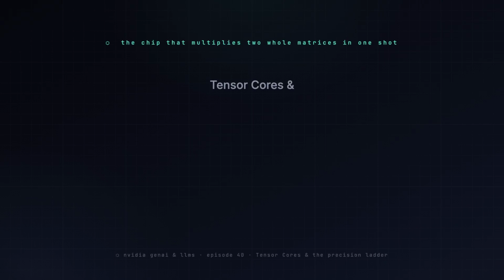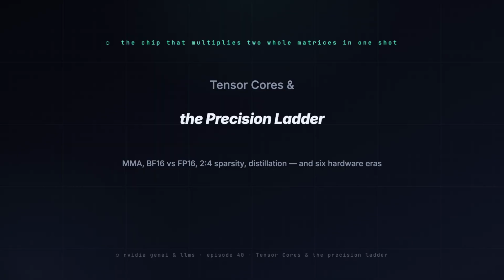Last episode, we found 4 little tensor cores tucked inside every SM, and I said that is where the flops come from. Here is why. A regular CUDA core multiplies 2 numbers, a tensor core multiplies 2 whole matrices, and adds a third in a single operation. Stack a transformer's matrix multiplies on top of that, and you get the speed that makes any of